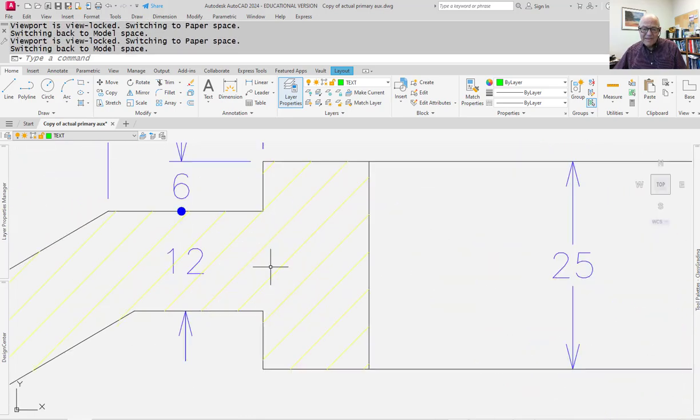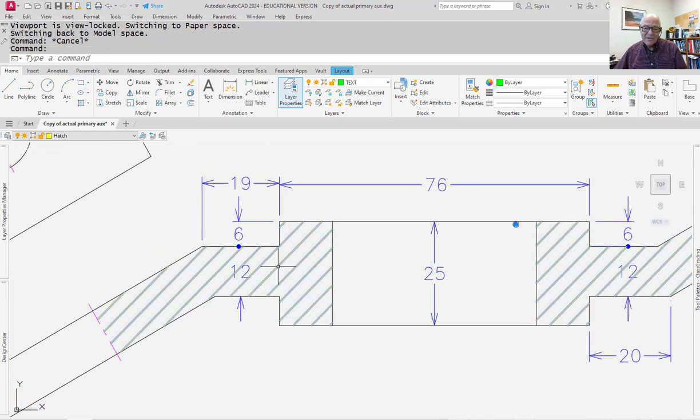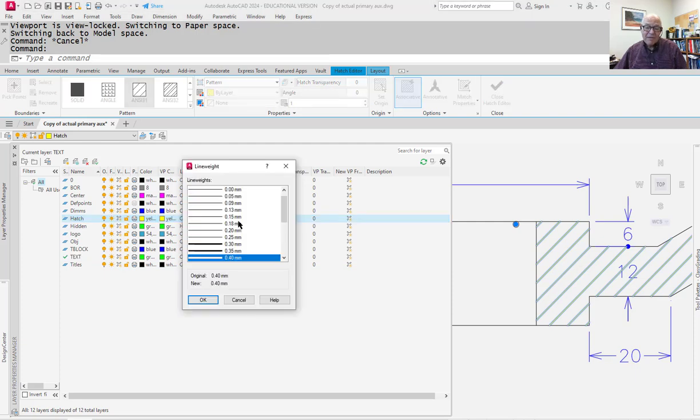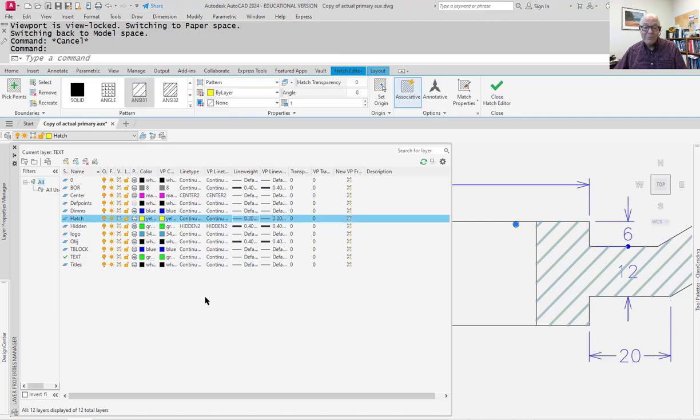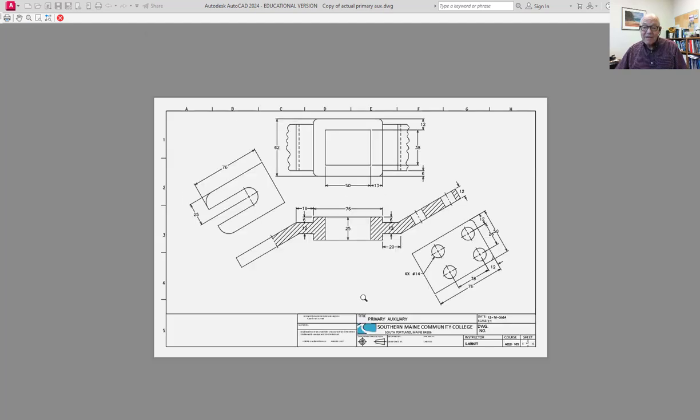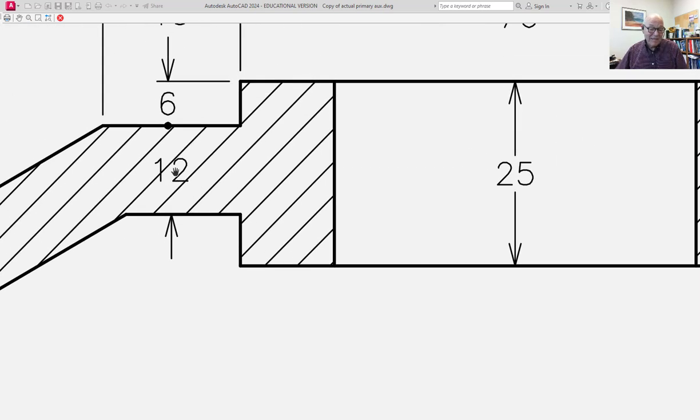Now, as far as the hatch pattern goes, that just got put on a layer, and I think probably what happened was a layer was created while the object layer was current, and it just took on the characteristics for line weight of that layer. So if we go to hatch, your line types and line weights, the line weights are supposed to be twice as thick for thick lines as they are for thin lines. So since she's using 0.4, 0.2 would be the appropriate size for that. And now that, when you do a preview, looks much better because it's nice thin lines, but it still doesn't